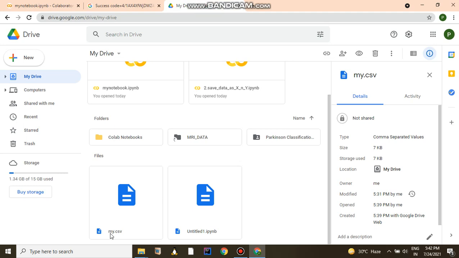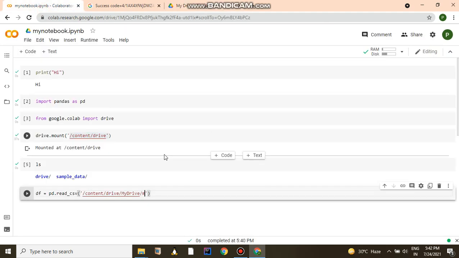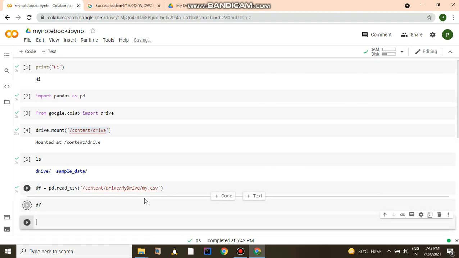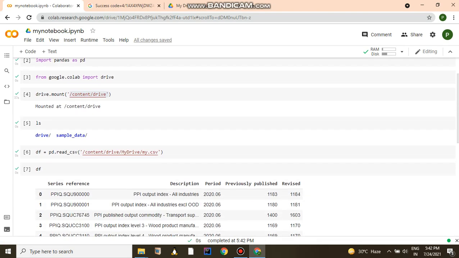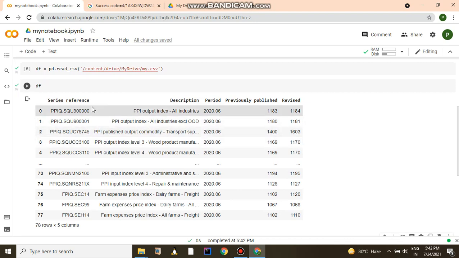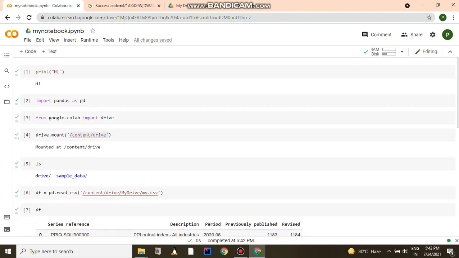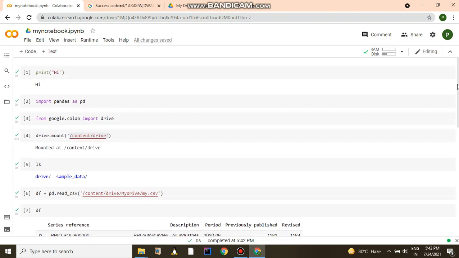The file name is mine.csv. Then execute. Now it is executed. That means now this data frame is built upon the CSV file which is present in my Google Drive. And if I print df, you can see here I am getting all those data frame values. So this is the way you can communicate with your Google Drive through this Colab notebook.